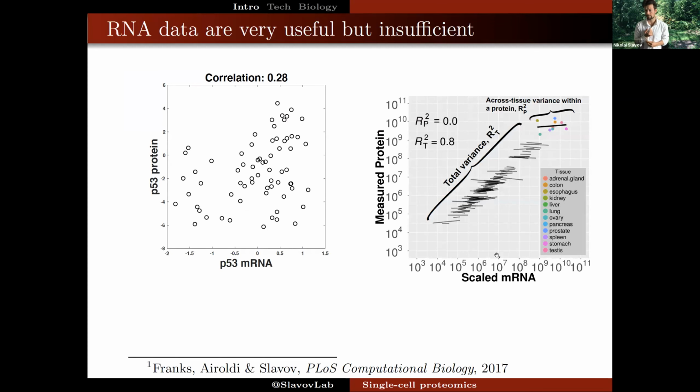So it's a brief motivation. Why do we want to look at proteins? Because as awesome and as useful as RNA sequencing data are, they don't tell us the full story. And we know this from individual important outlier genes, such as the tumor suppressor protein p53, which we know is primarily regulated by protein degradation, and RNA is constitutively expressed. And indeed, when we measure protein and RNA, we see that RNA is not very predictive for the protein abundance.